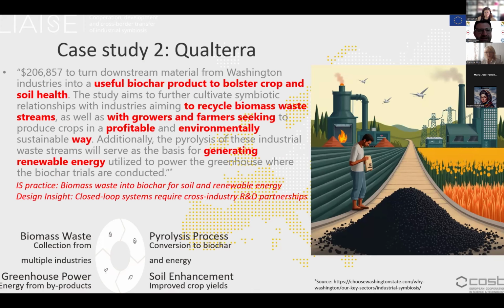Also by using the industrial waste for generating as a byproduct some